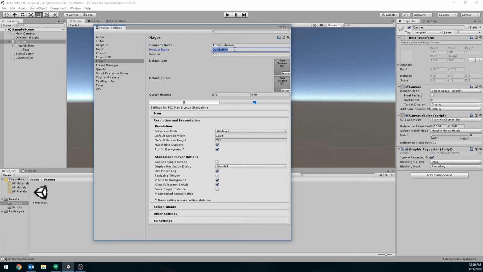Product name can be what the project is. If you're making a specific project for class, just change that product name to that, and that's fine. Don't skip this step. The reason you have to do this is if you have to change from full screen to windowed,